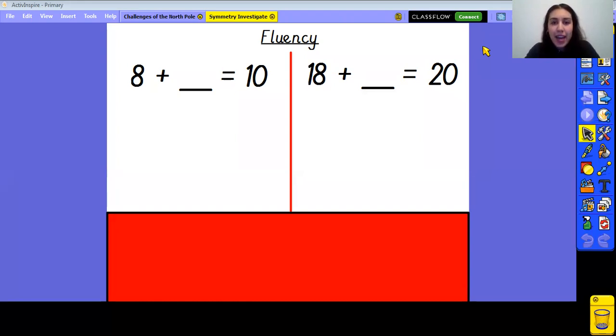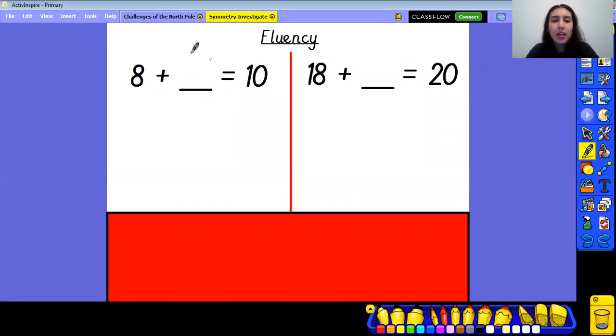So yesterday we used the number fact 8 plus something equals 10. What is our missing number, our missing addend from this equation? Well done if you said that it is 2. Fantastic. So yesterday we looked at 8